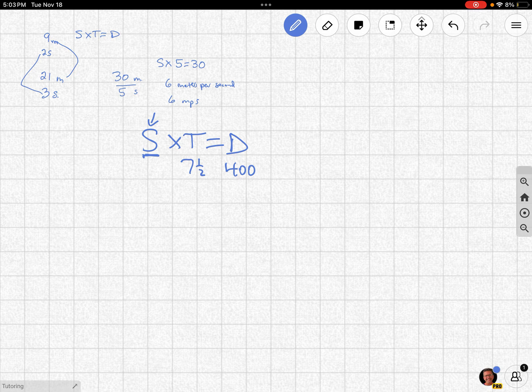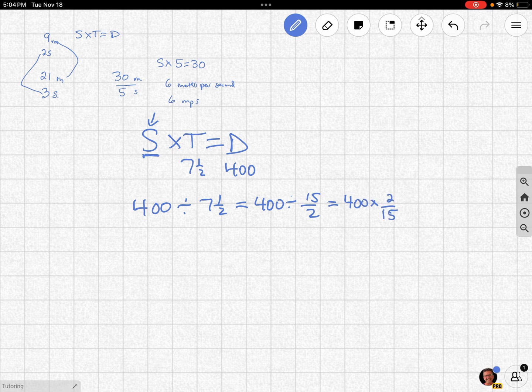And we want to stick with fractions since it's given to us in fractions. We're dividing 400 by 7.5, or 400 divided by 15 halves, or 400 times